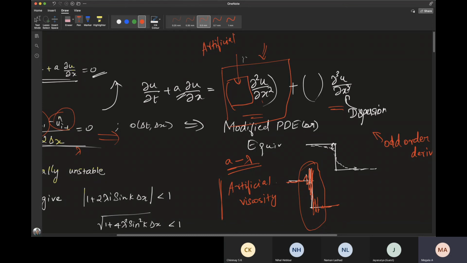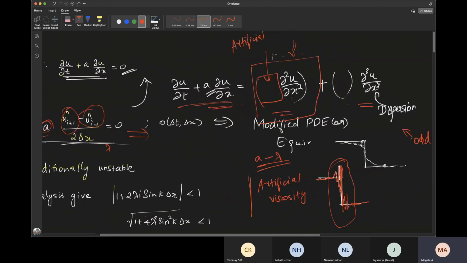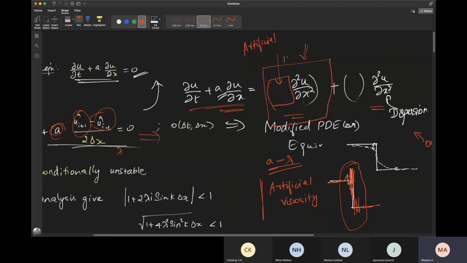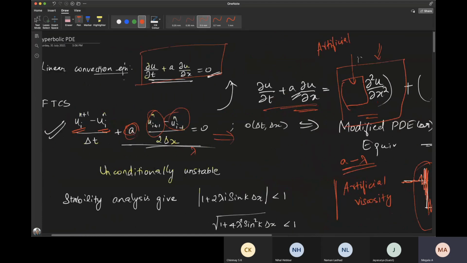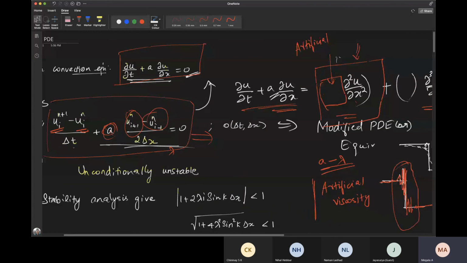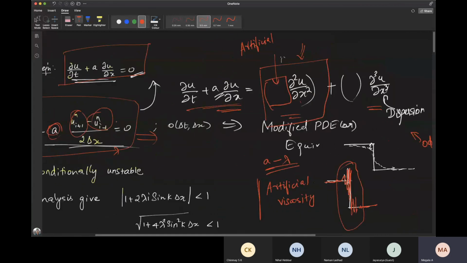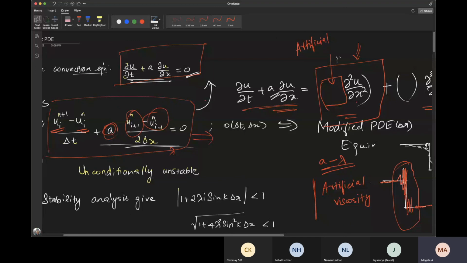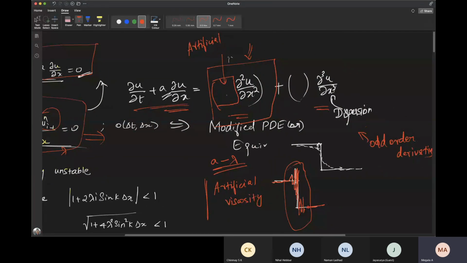If we have any governing equations, like the Navier-Stokes equations, then in the first order terms we have some convective terms over here, and the second order terms are the diffusion terms. The coefficients of those are viscous coefficients. In CFD we have some terminology known as artificial viscosity. Your governing equation doesn't have any viscosity, but your numerical scheme will introduce some viscosity, because our numerical scheme is not exact, it's only approximate. So we have some error, and these are the error terms on the right hand side over here.